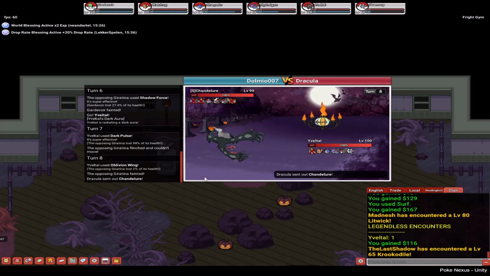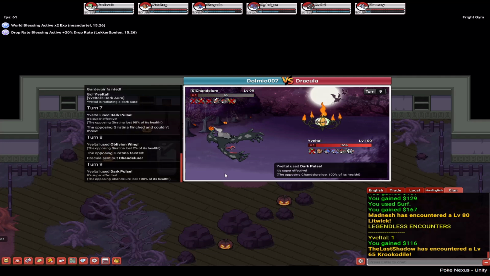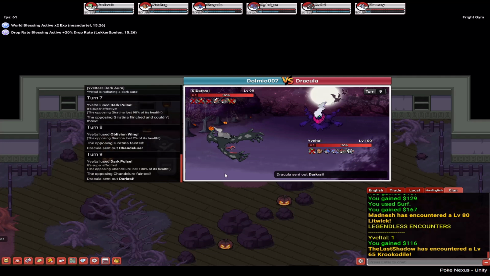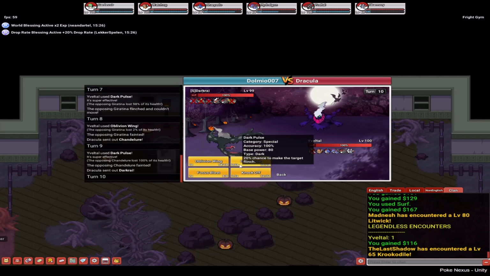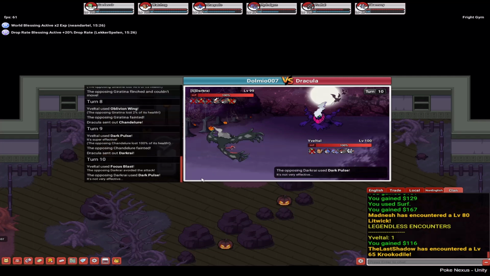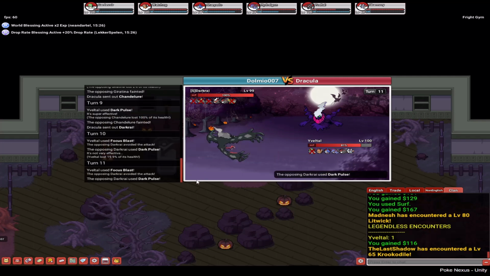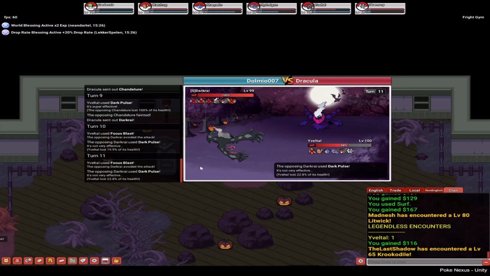For example, you can have a Dark Pulse on any other Pokemon. You can have him on a Gengar setup. There's all different. You can have a Shadow Ball setup, or even certain Psychic moves. But Shadow Ball is quite effective on most of these as well. So Gengar comes quite handy as well. It's fairly easy, and Dracula will have a lower level Pokemon